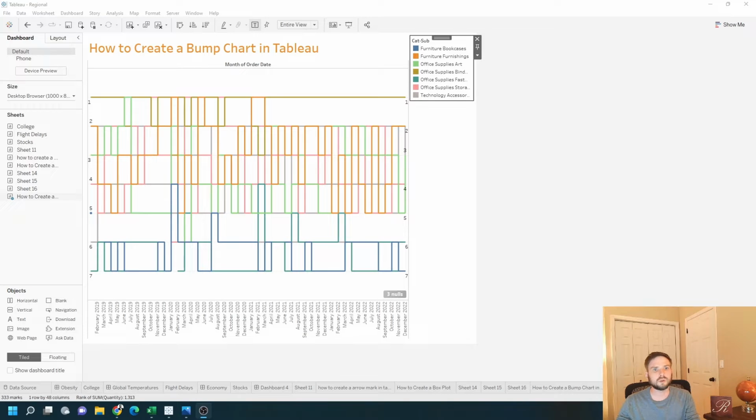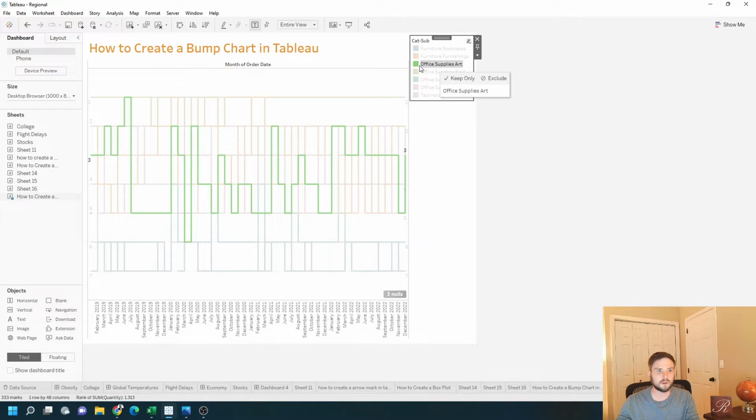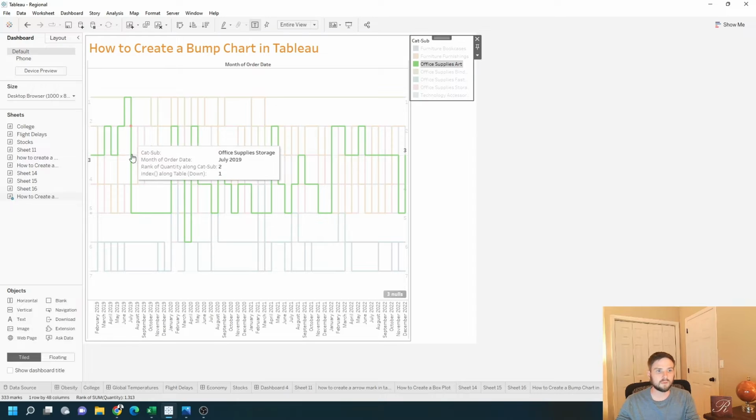How do you create a bump chart in Tableau? In this example, I'm seeing how category and subcategories compare against each other. If I click on office supplies, you can see the rank of office supplies going up and down. Being the highest is the best, being rank of 1 is the best, and being ranked of 7 is the